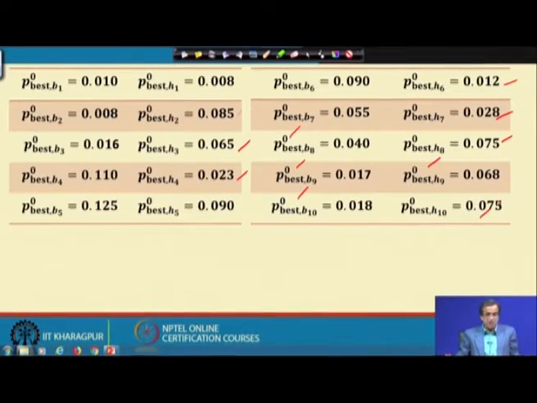That means, whatever random values we assigned in the first iteration, now we try to assign the best values for each of these design variables, and that is why we can assign the personal best for each of these design variables corresponding to the first iteration. And let us see how to proceed further with these values.